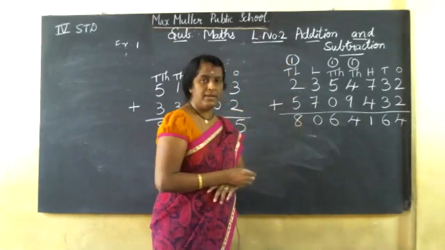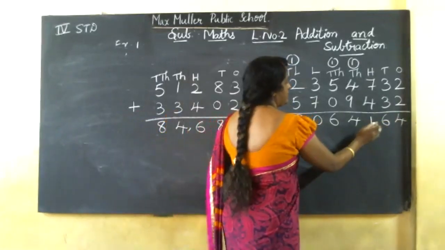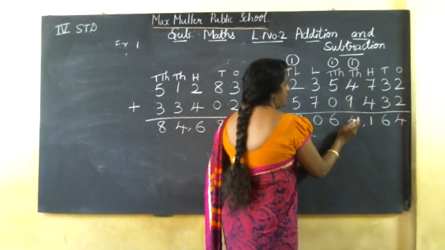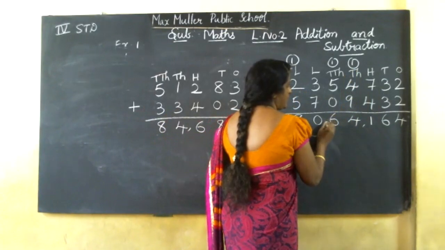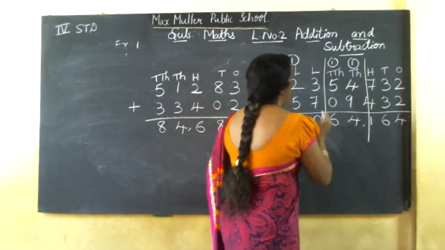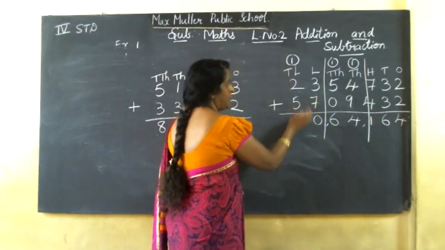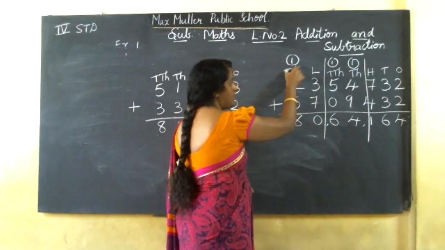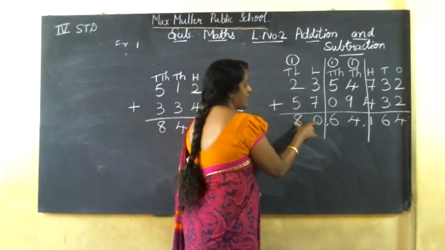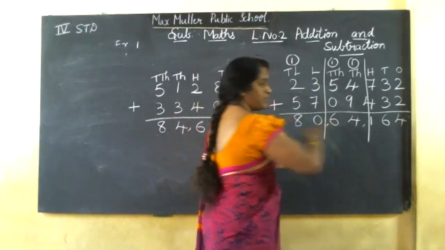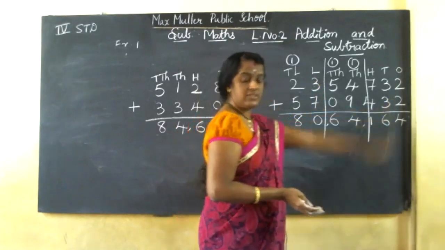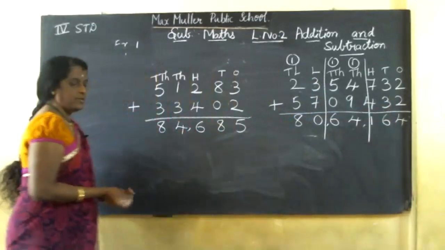Now how should you put commas? See here, ones, tens, hundreds. This is in the ones place. Next is 1,000, 10,000. Comma here, this is 1,000. Here is lakh, 10 lakh. You should not put a comma there, because it is lakh, 10 lakh. 10 lakhs place, 8 is there. Lakhs place, 8 lakh. This is 80 lakh. How should we pronounce it? 80 lakh 64,164. Okay, shall I rub?